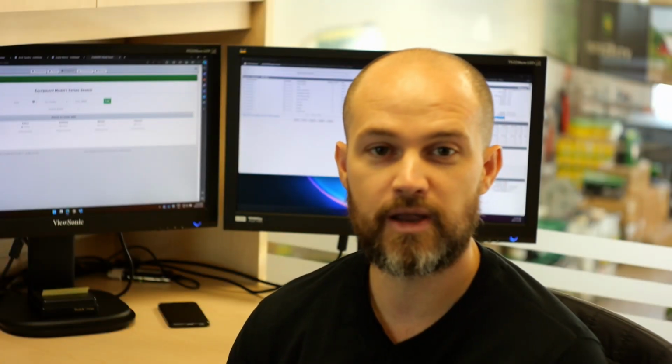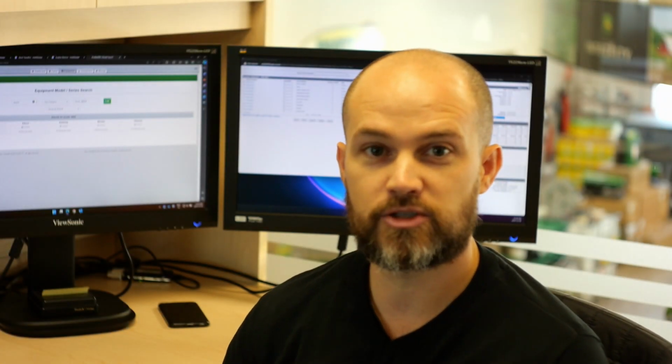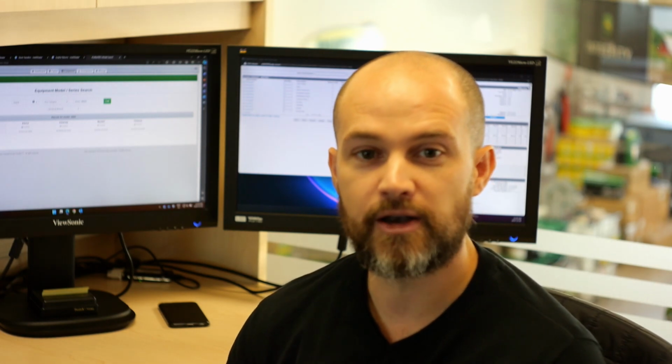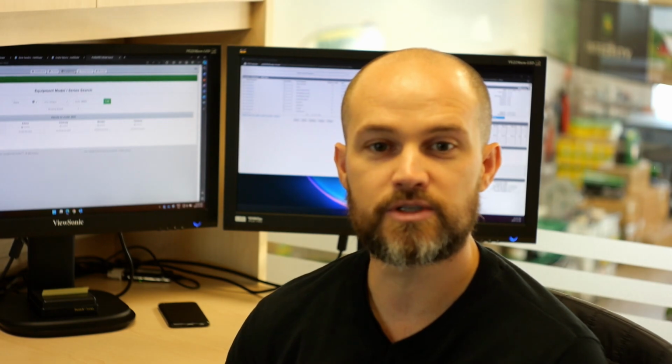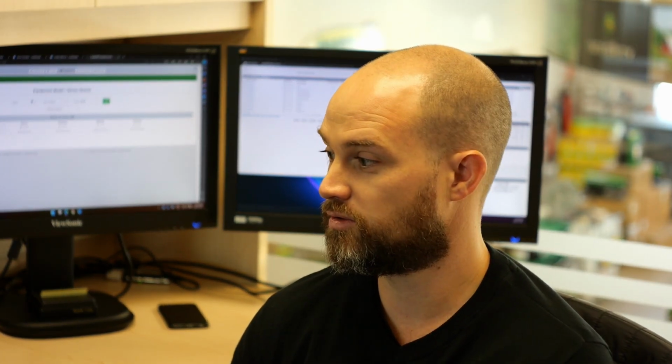As the corporate parts manager, the primary function of my role would be inventory management. There's lots of different ways I can look at our inventory and how we stock. One of the tools that I do use is ProfilerPRO. There's a few key areas I use it, obviously when new equipment comes out and at end of